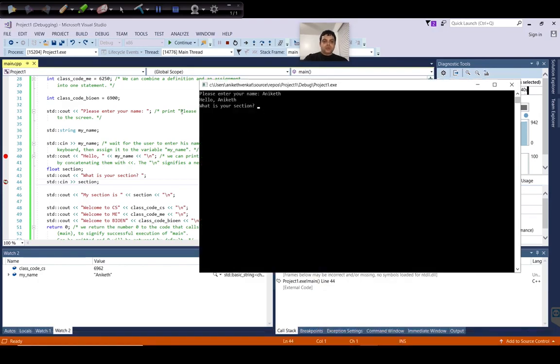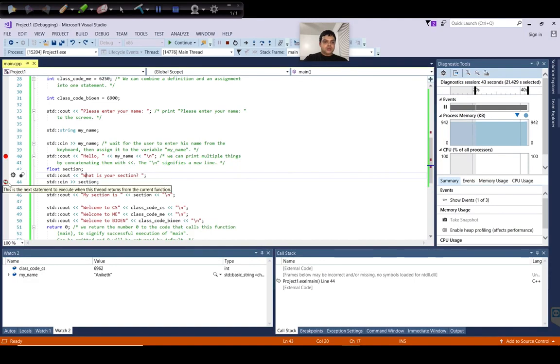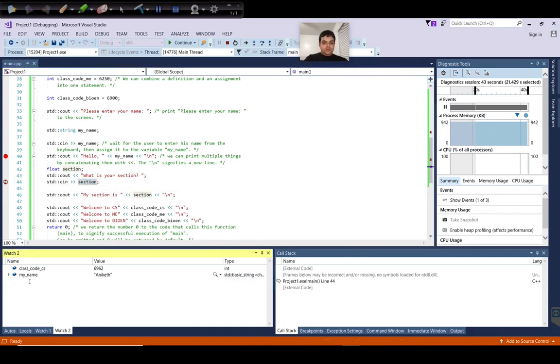It displayed what is your section, and right now it is waiting in this line, std::cin section. Now let's look at what is the current state of the variable section before providing it with a response. The current state of the section is again uninitialized. Its type is float and it has an uninitialized value in it. So let's continue the program execution